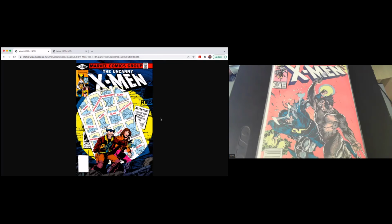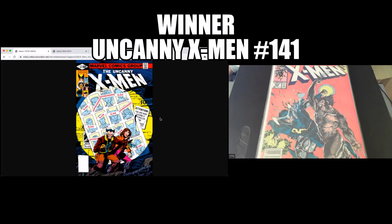It's about this alternate future where Sentinels just take out all the X-Men. And in the next issue, Wolverine actually gets killed by a Sentinel, but you all know the story. That future is averted, and it's one of those great what-if multiverse type storylines that, after this, you saw a plethora of them hit comic books, so this was the birth of all that stuff. But anyway, classic issue, classic story, and so 141 gets my vote